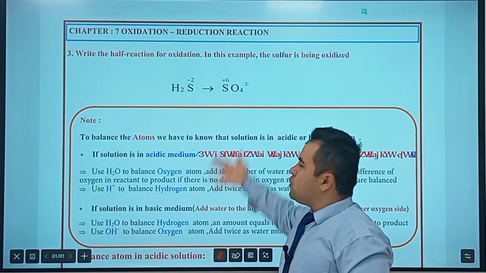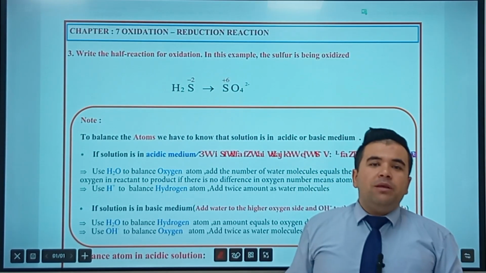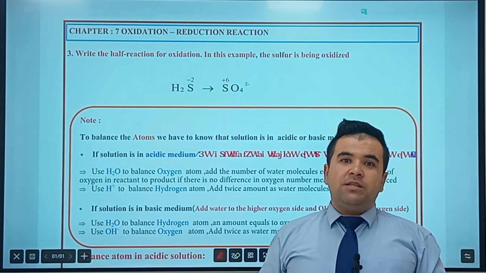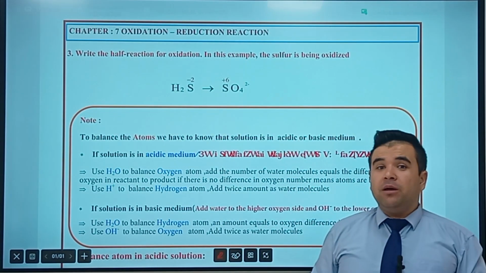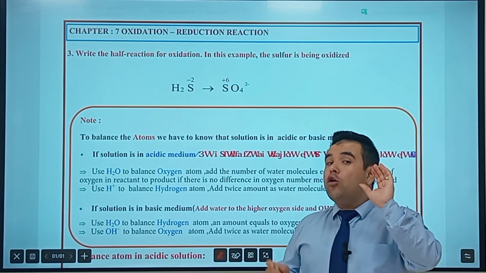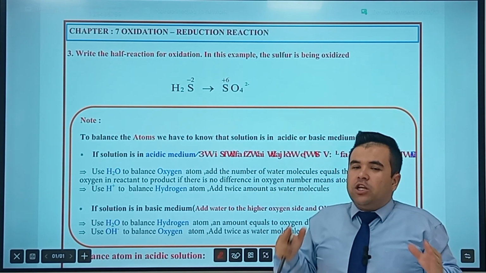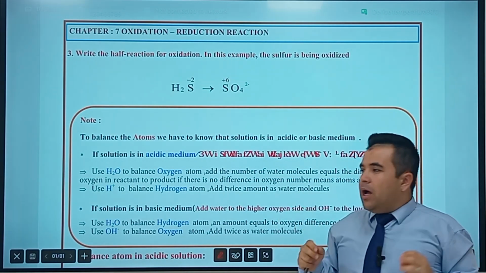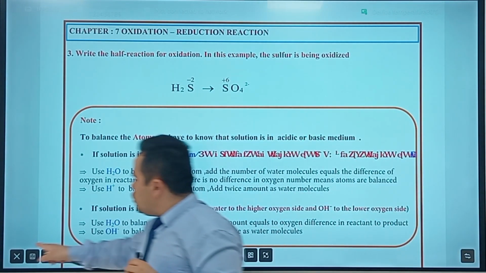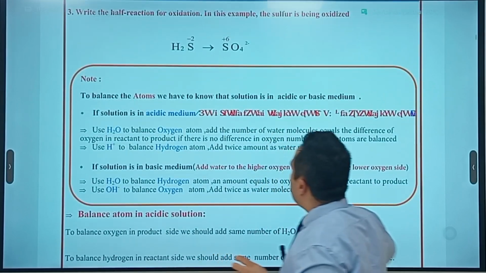As we talked about this note, guys, the medium is acidic medium. In acidic medium, we have to add H2O always with the H positive. How to add H2O and H positive? Always add H2O to the lower oxygen side, H positive to the higher oxygen side,